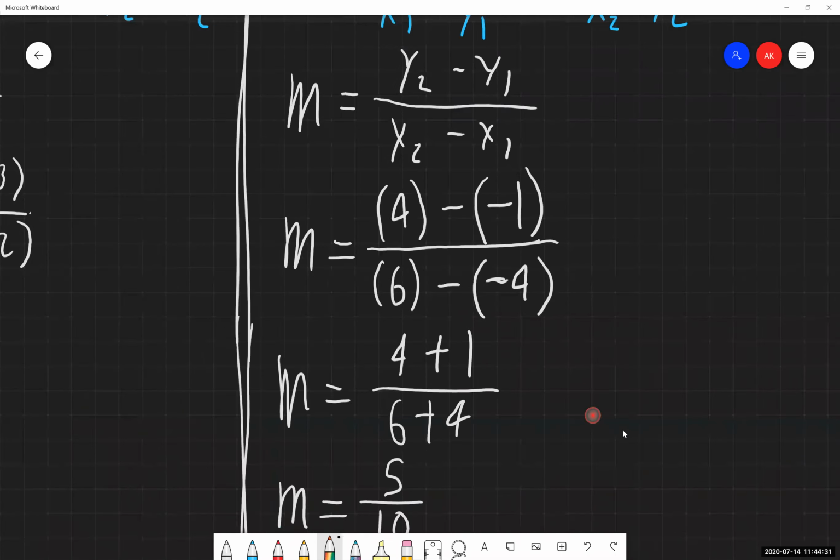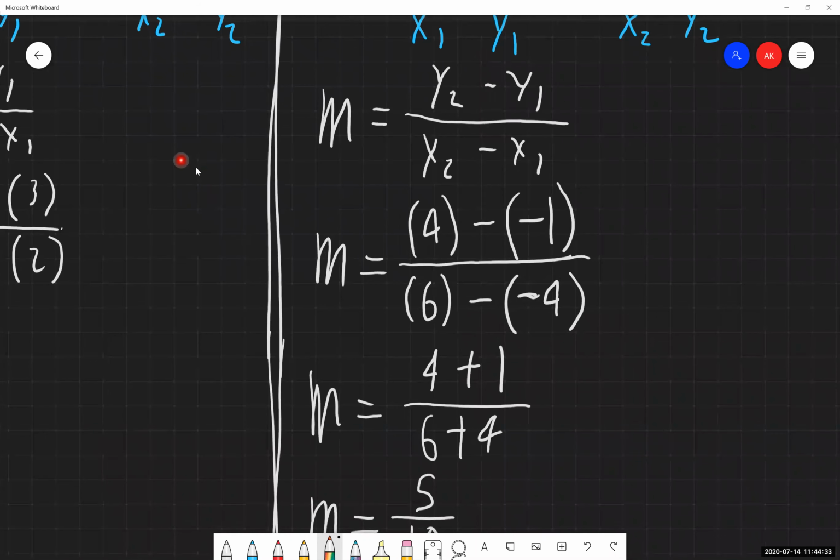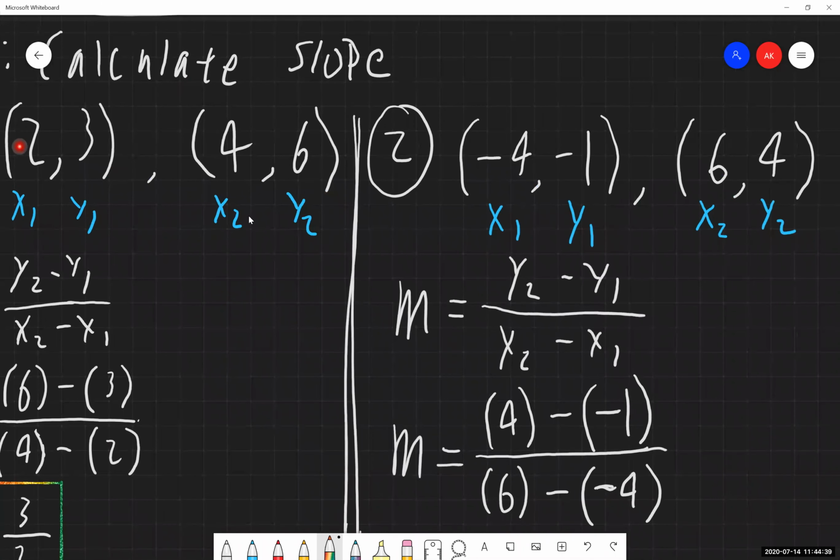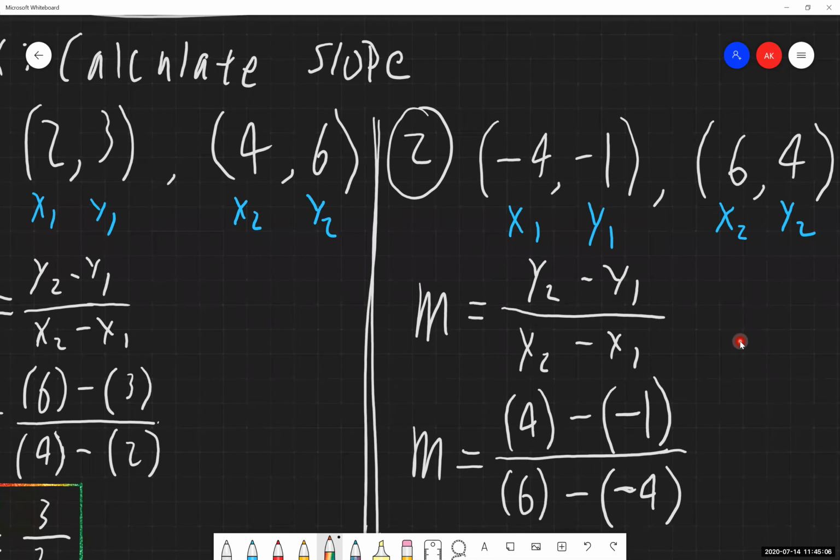So again, biggest part, and we'll go through 2 more examples with this, but I do want to hit home that if you do not label these points, I think the rest of the problem becomes significantly more difficult at that point in time. I have seen many a time people will say, okay, this is a 4, I'm putting it right here. This is a -1, I'm putting it here. And then I'll put this -4 right there, and then I'll put that 6 right there. People are just arbitrarily throwing numbers around and putting them somewhere in this entire equation. You cannot do that. I've seen a lot of people attempt that, and again, it's wrong. You're going to lose points.